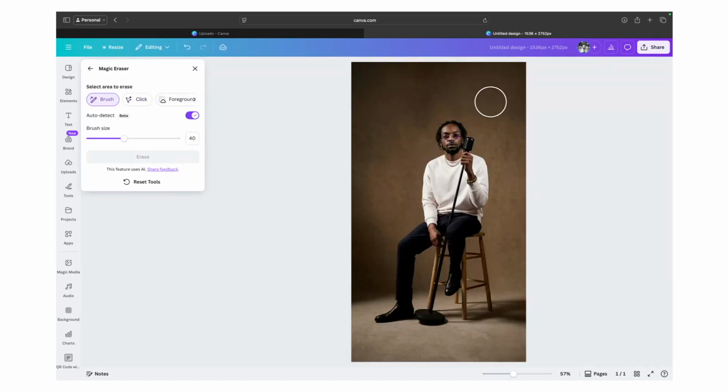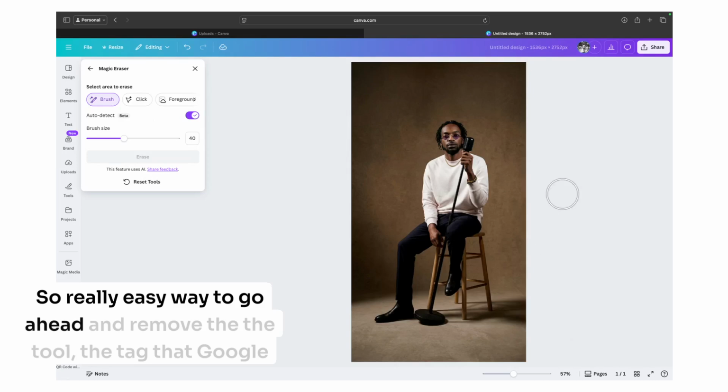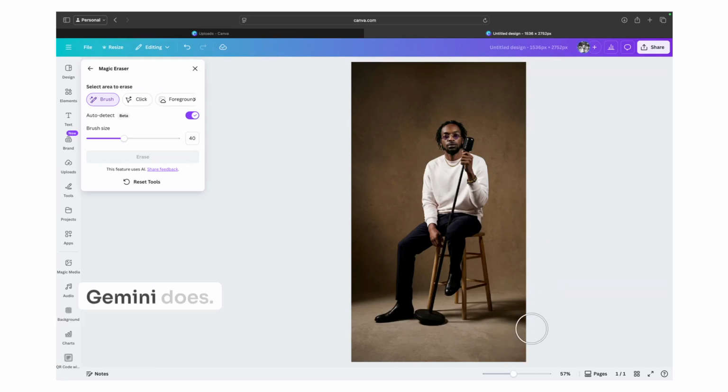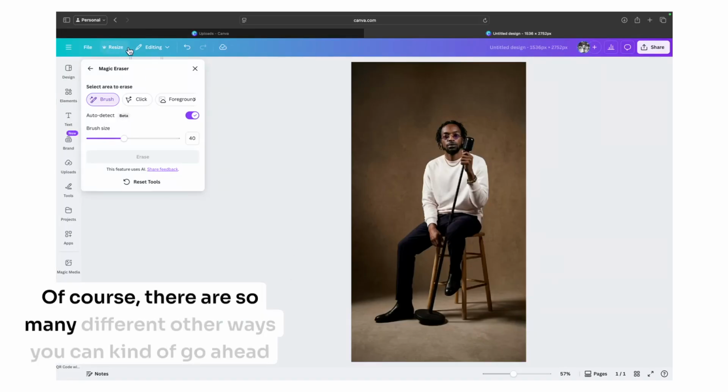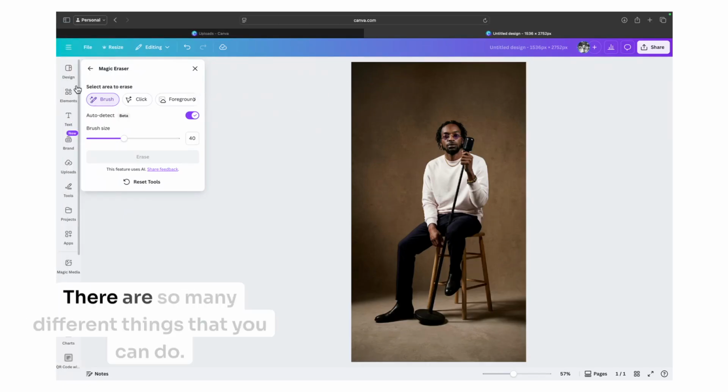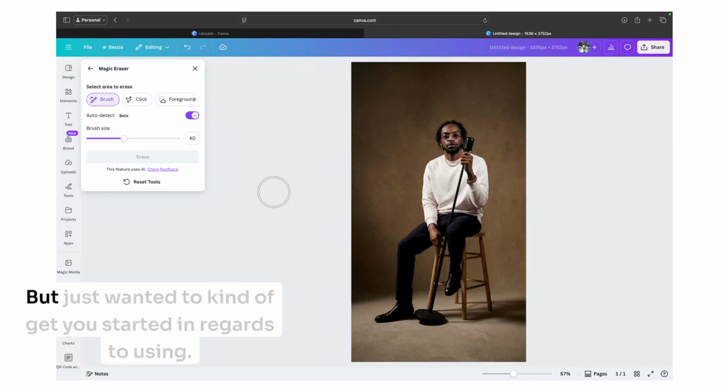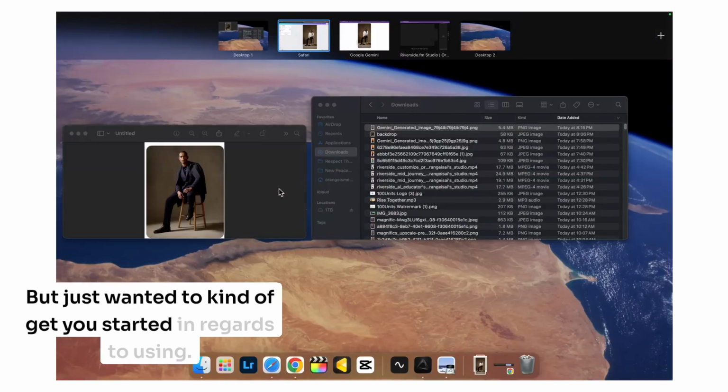All right. So really easy way to go ahead and remove the tag that Google Gemini does. It does it on all the images. Ask me why, I couldn't tell you. Of course, there are so many other ways you can edit it. You can crop this image. There's so many different things that you can do, but I just wanted to get you started